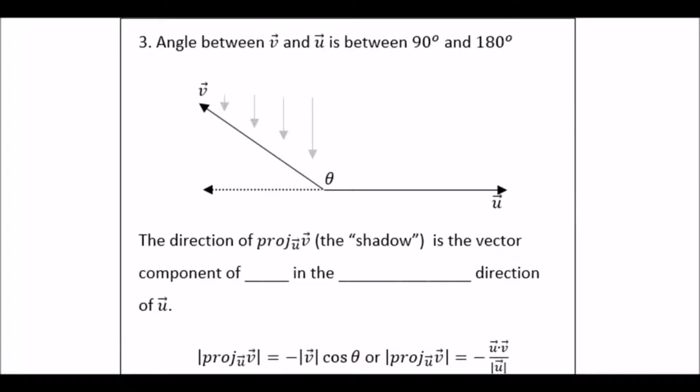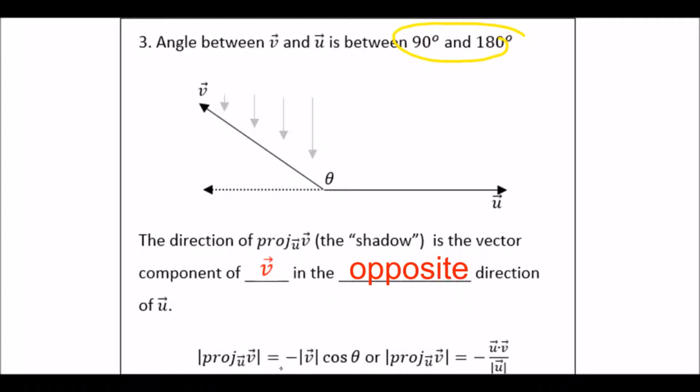The last one, if the angle is between 0 and 90, so here we go, then I can see here's the projection of V on vector U, here's the shadow being cast, so here we can see that the projection of V on U, the shadow of the vector component of V, is in the opposite direction of U. And so if we look here,